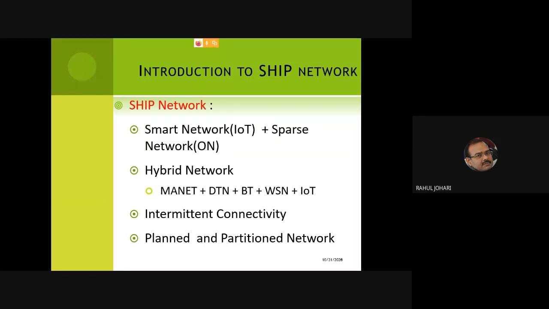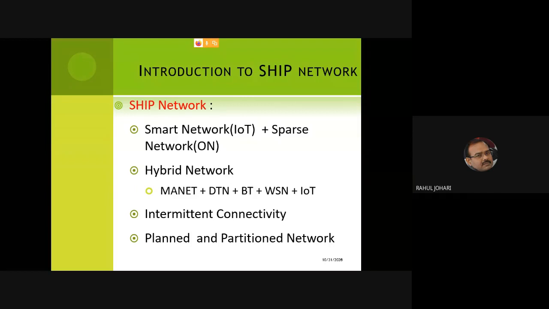So in a planned network, you can think of node density well in advance. You know how many nodes there are, and the number of nodes in the network will remain fixed for the entire duration of the network. But in a partitioned network, it is broken down into chunks and clusters. The nodes are mobile, they can move in, they can move out. So that's the characteristic feature of wireless networks, the mobility induced.